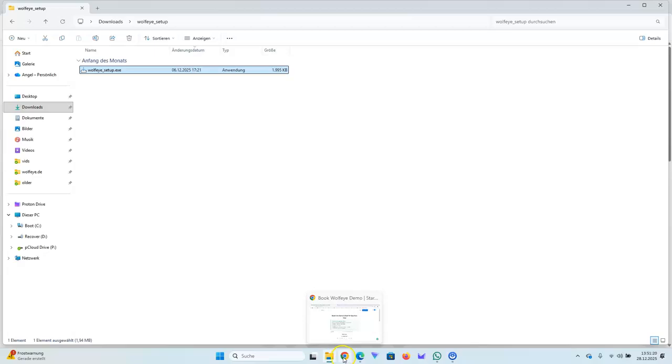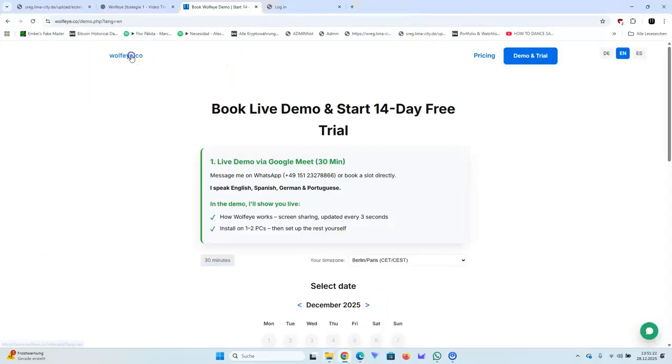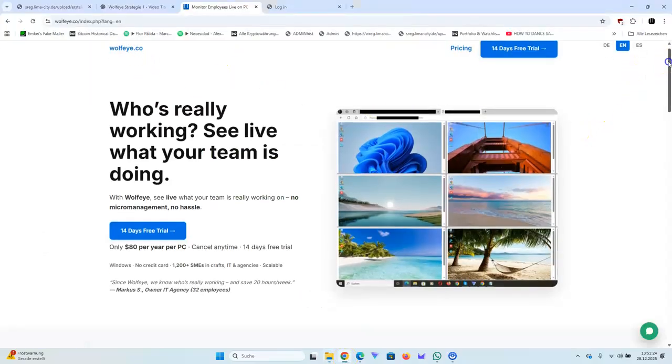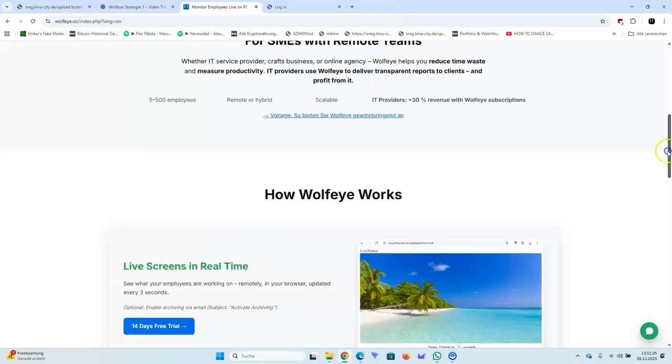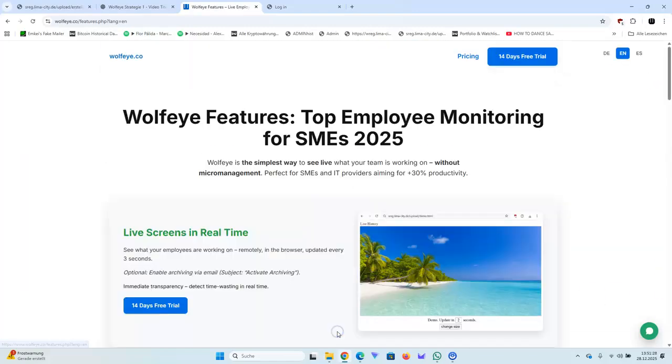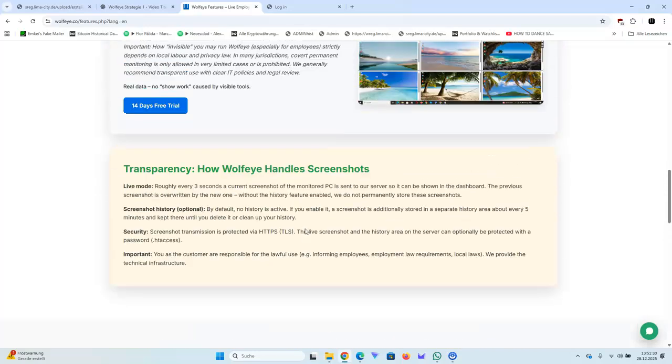And one last thing about privacy, how it works. You can go to the website wolfeye.co and scroll down to the feature page. Basically, you install a small piece of software, and the computer will make a screenshot every 2 to 3 seconds and send it to our server, so that it can be shown on that dashboard. And then after 3 seconds, the new screenshot is sent to the server, but